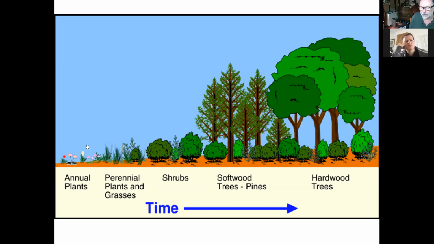Compare the amount of biomass in a system of potatoes and onions right down here in the annual part of the transition line, to how much biomass there is right at the other end, when we've got huge trees weighing hundreds of tons, transferring huge quantities of oxygen and water and carbon dioxide, and manufacturing enormous amounts of biological energy. There's very little happening down here. So one of the things that we could perhaps observe is that a lot of our farming and cultivating systems really could be a lot more productive.